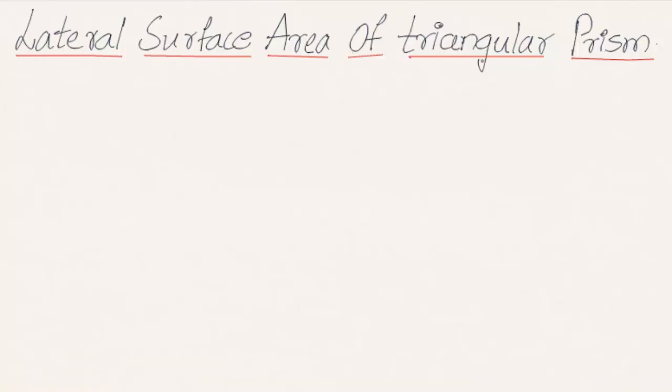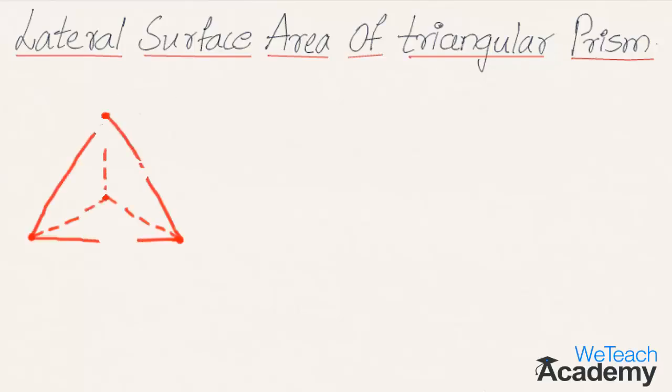Here in this presentation we are going to discuss the lateral surface area of a triangular prism. Now let me explain this concept using a rough diagram. Here we have a simple closed figure in which we have three side portions and a base portion. So totally we have four surfaces, and the base of the simple closed figure is in the form of a triangle, so we name such a figure the triangular prism.